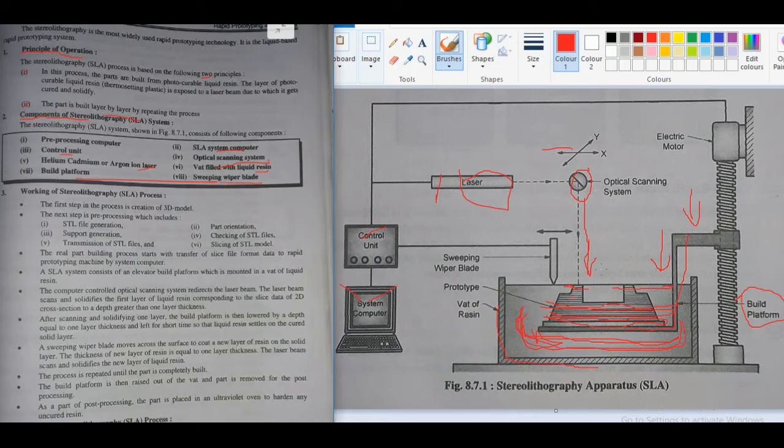And sweeping wiper blade, this is a sweeping wiper blade here.